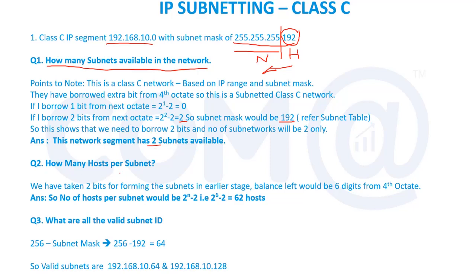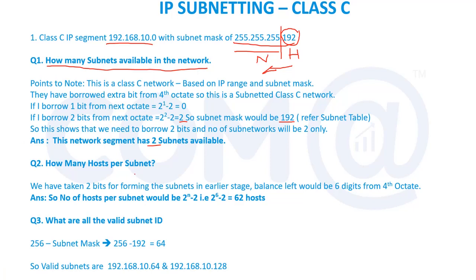How many hosts per subnet? Okay, 2 subnets you are saying. The number of computers, how many computers can I connect? That is the range. How many IPs will be there in each subnet? Now, 2 subnets from which IP to which IP? The network IP given here is 192.168.10.0. So what will be my other IP addresses? We need to form a table and find out what my IP addresses will be.